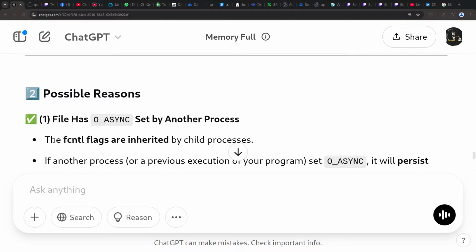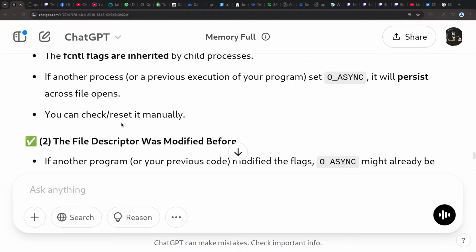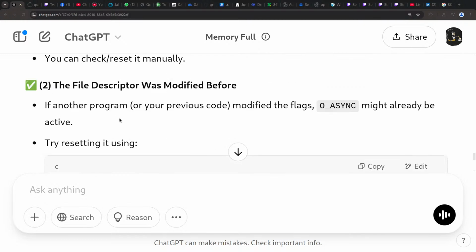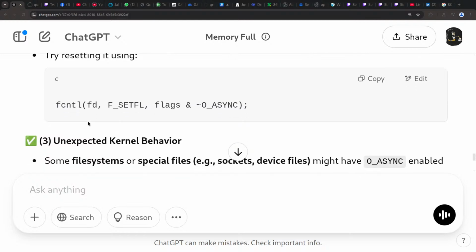The fcntl flags are inherited by child processes. If another process or a previous execution of a program set async, it will persist across open files. You can check and reset it manually. The file descriptor was modified before. If another program or previous code modified the flag, async might already be active. Try to reset using